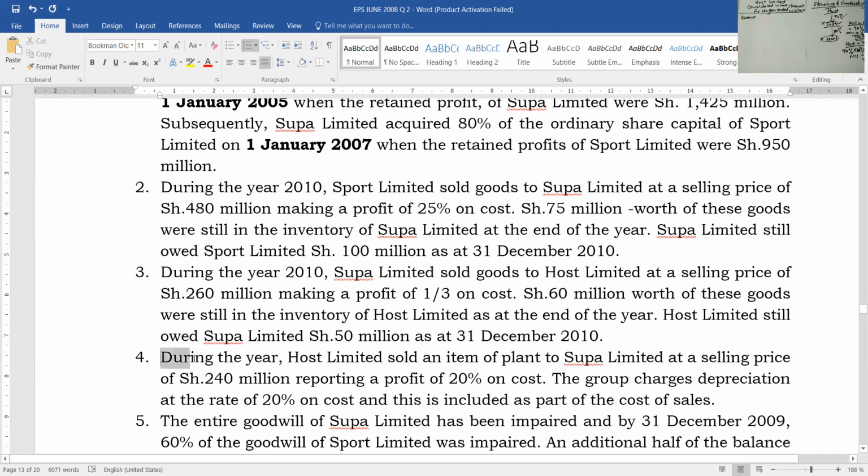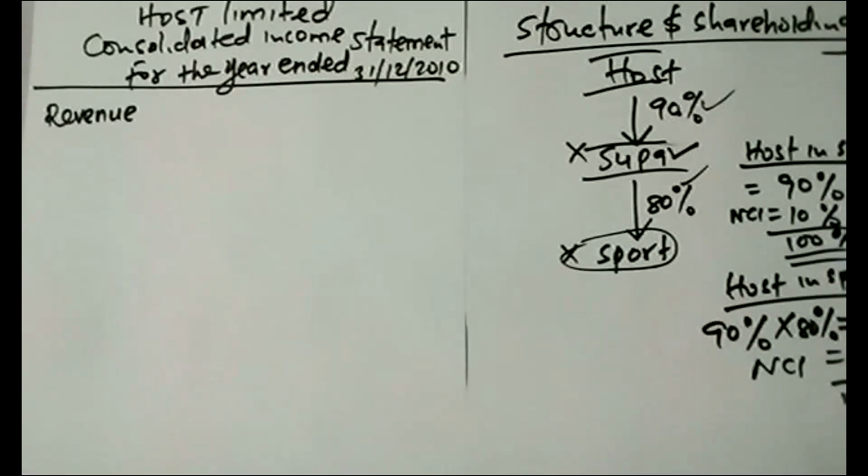And what you can see there is, during the year, during the current year, during the year 2010. If they had taken place in 2009 or 2005, you ignore that intergroup sale. So for you to subtract the intergroup sales in the revenue, the intergroup sales must be during the current year under consideration, and that intergroup sales must have taken place between the group members, that is, the parent and all the subsidiaries. So let us record. There's nothing else I need to talk about revenue, and that is the only adjustment you can do concerning revenue.